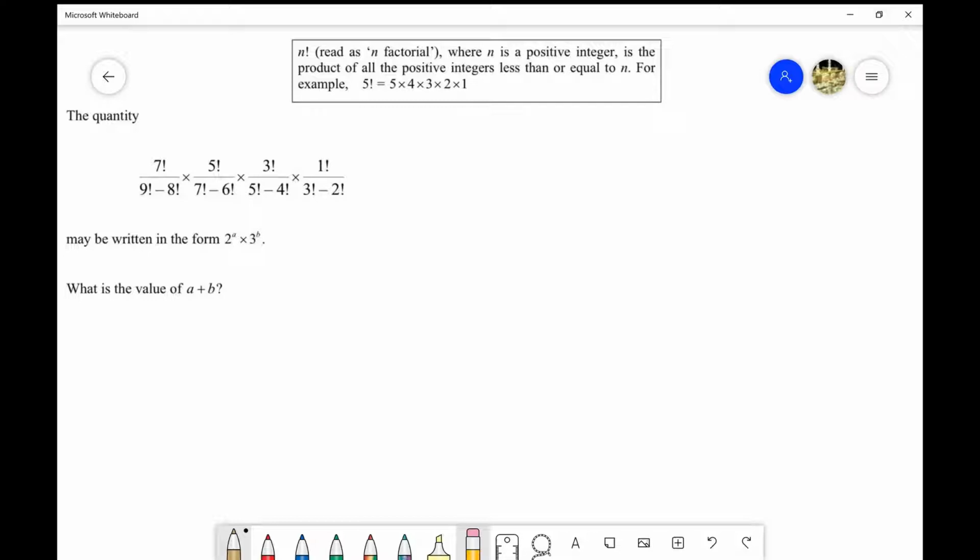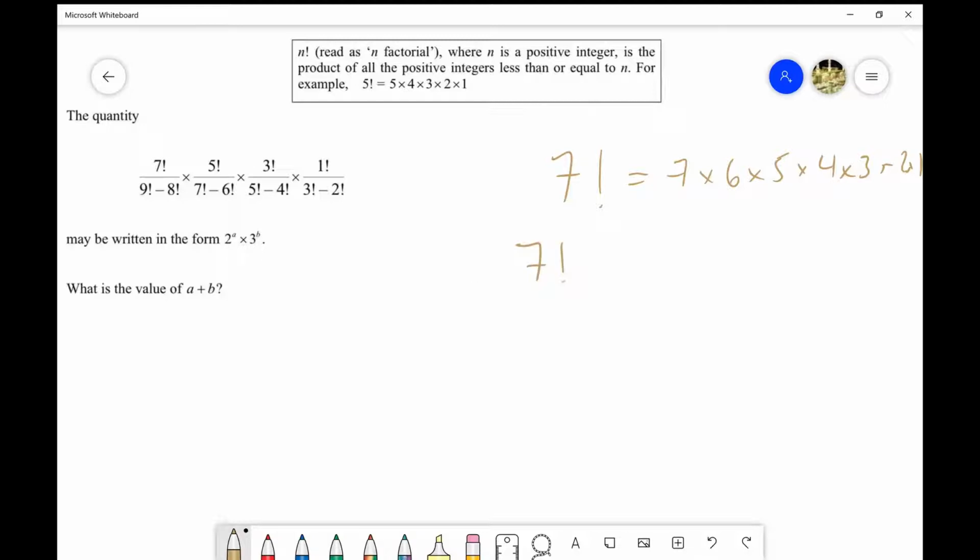As usual, feel free to pause the video, have a go at it yourself. At the top it defines the factorial function, tells you a little bit about it. Factorial just means to multiply a number by all the numbers less than it. So 5 factorial just means to multiply by all the integers that are less than it. So 7 factorial would be 7 times 6 times 5 times 4 times 3 times 2